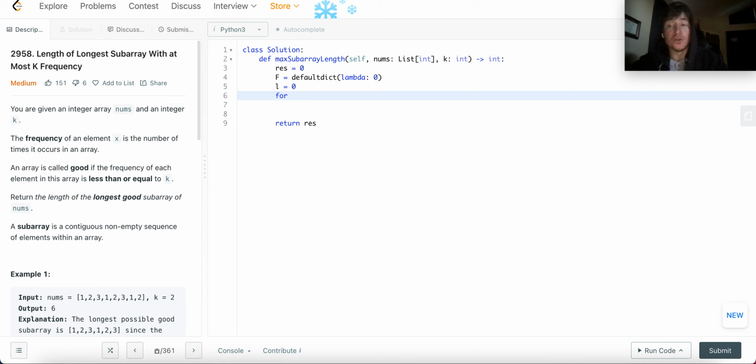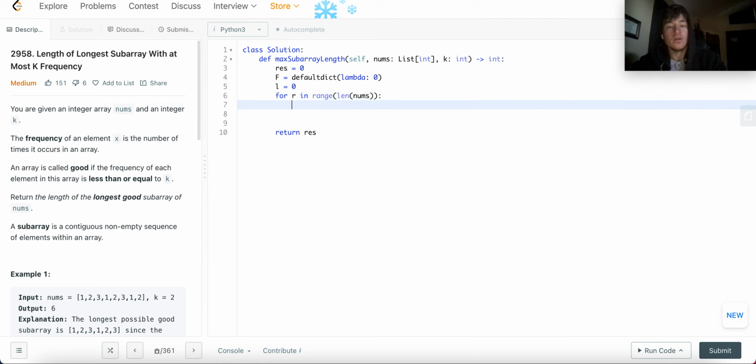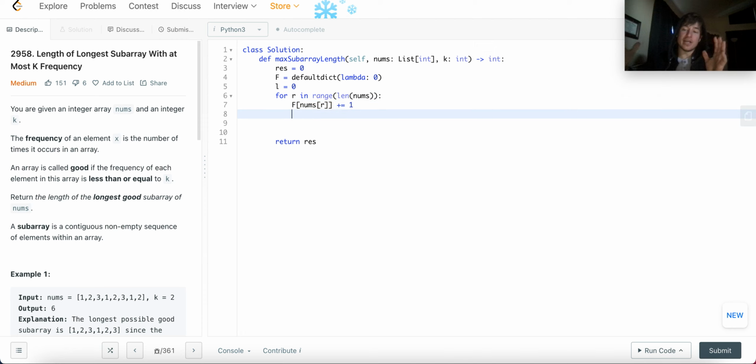The way you can do sliding windows nicely is you always keep track of your left value, and then you just increase right as you go through. So for R in range length of nums, I'm going to add R to my set. So f of nums of R plus equals 1. Now, if I add it and it creates an issue, I need to start moving the left over. So I'd say while the frequency of the num that I've added, because only the num I'm adding can create an issue,